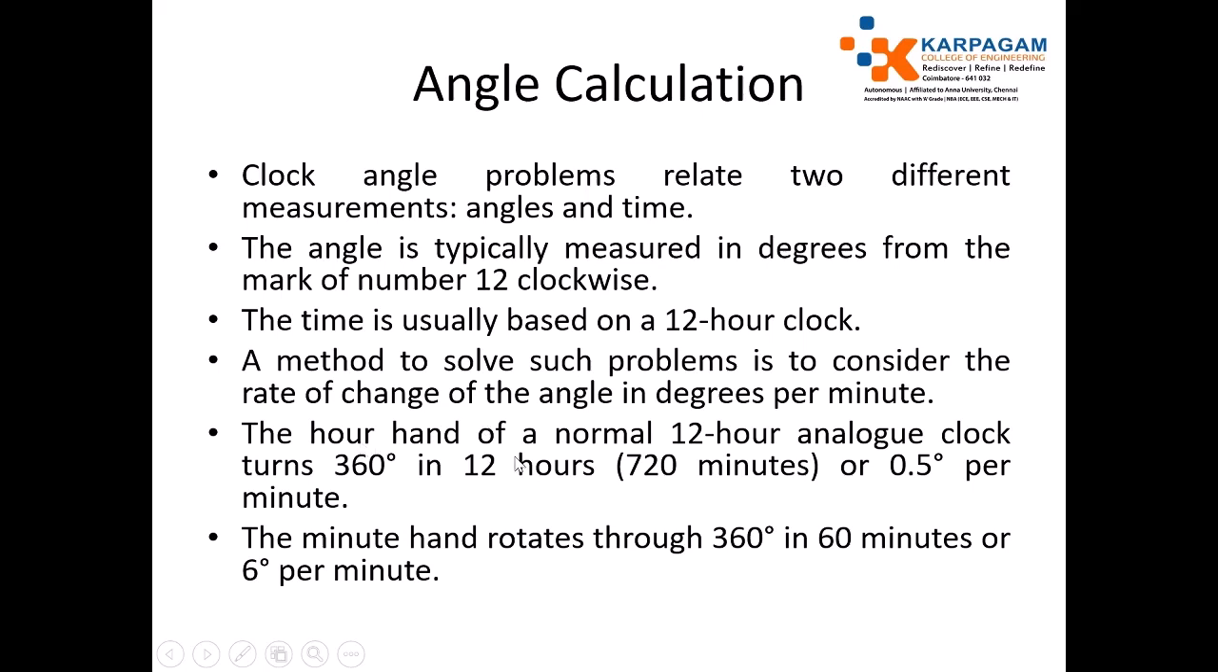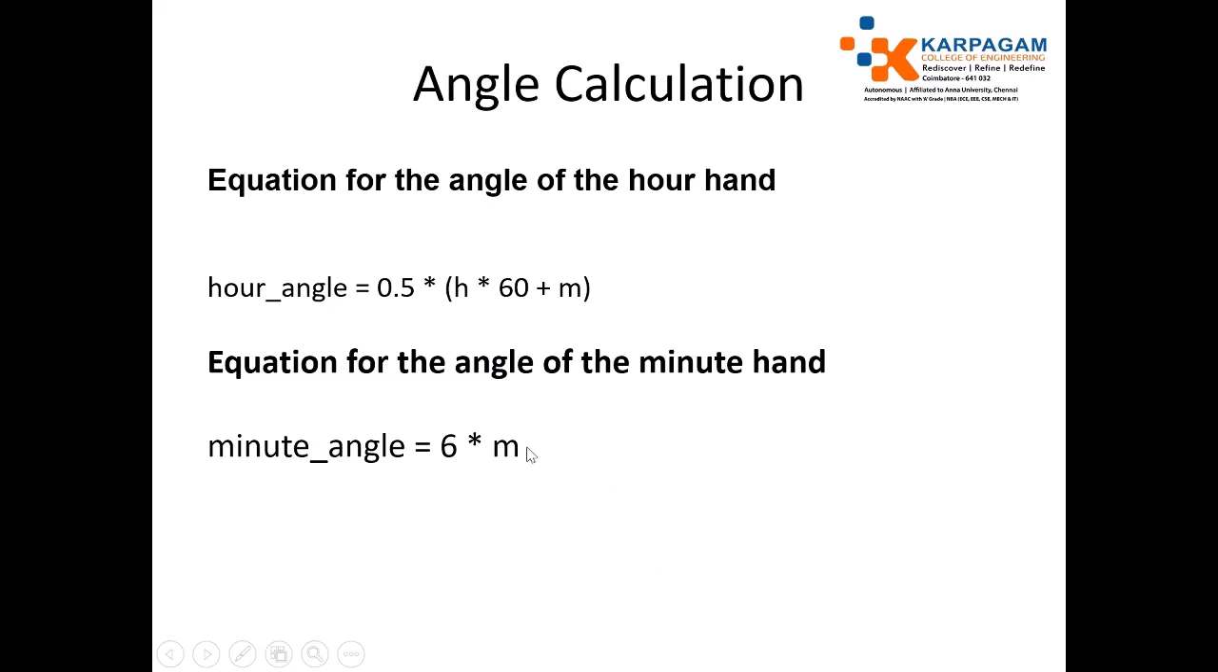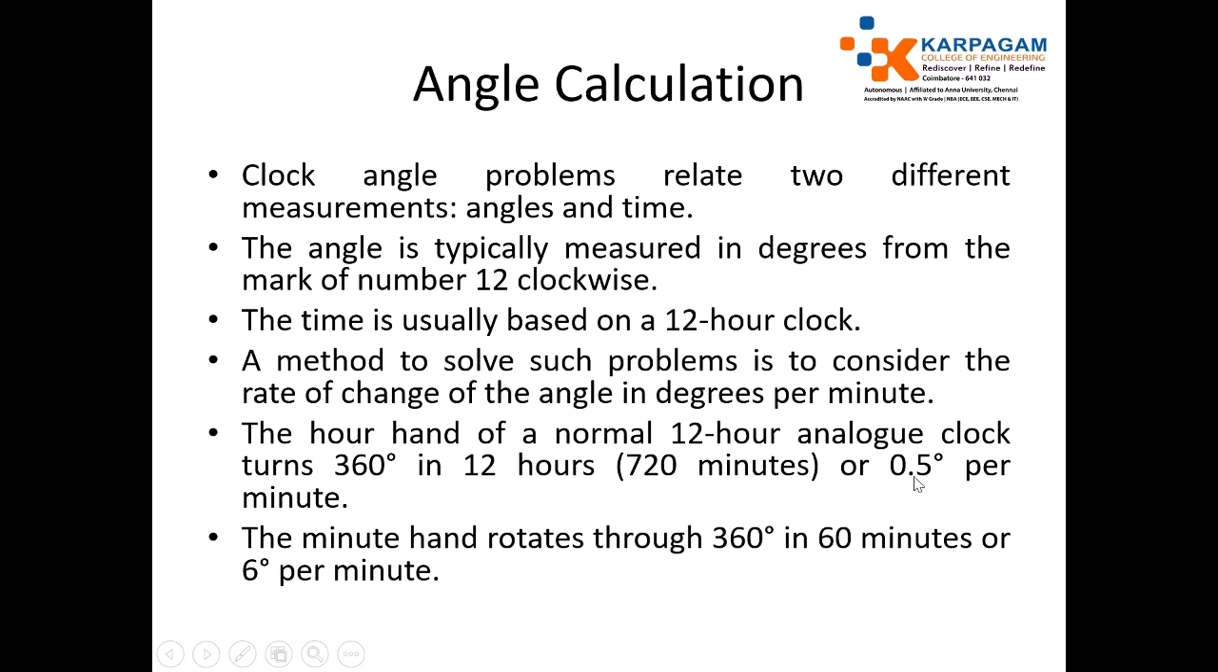For example, the hour hand of a normal 12-hour analog clock turns 360 degrees in 12 hours. That is 360 degrees in 720 minutes, or 0.5 degree per minute. Per minute it will travel 0.5 degree. Accordingly, the minute hand rotates through 360 degrees in 60 minutes, or 6 degrees per minute. This statement can be formulated by using the formula hour angle equals 0.5 per minute